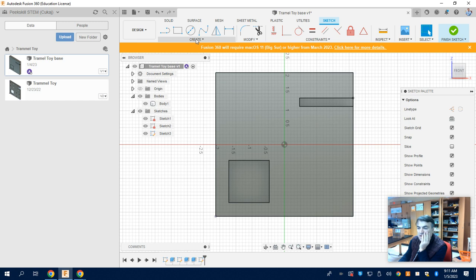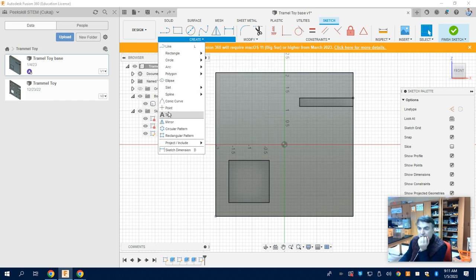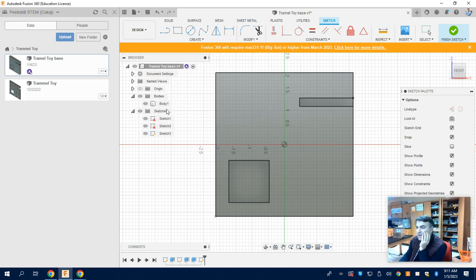All right, now I need to create a point. So create point, click on point. All right, line type construction. I'm going to put this point on 0, 0 coordinates, okay? 0, 0. All right, so I place the point there and I press escape. All right, so now from here,